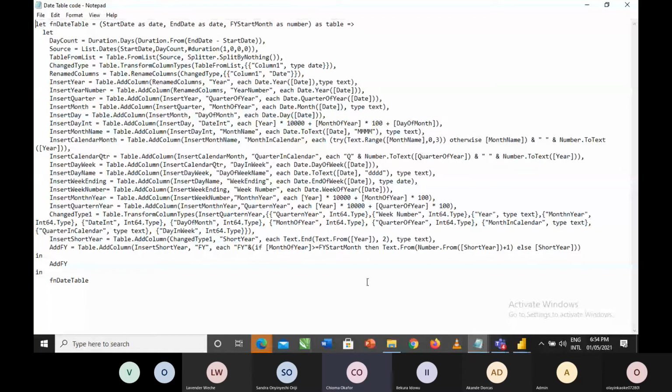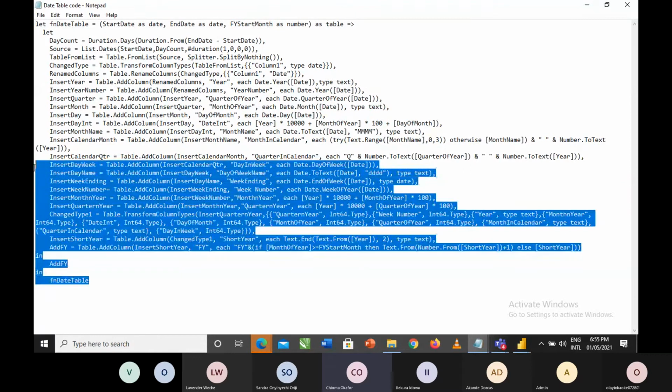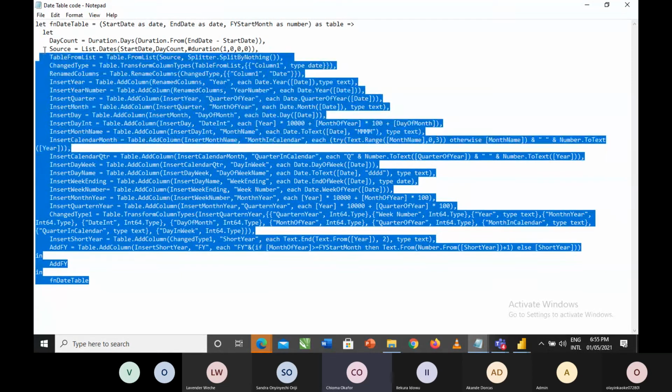Yes, okay, please. So this is like a code that was generated by some people somewhere, but it simply speaks to different columns on our date table. If you want to go through it, you can go through it at your own time, but all we simply need to do, I don't want to go through the stress of having to do this by myself one by one. I can just go ahead and copy this. I want to import it